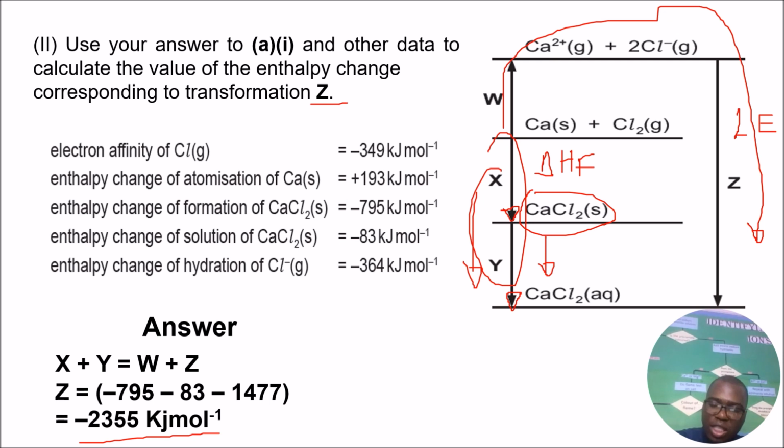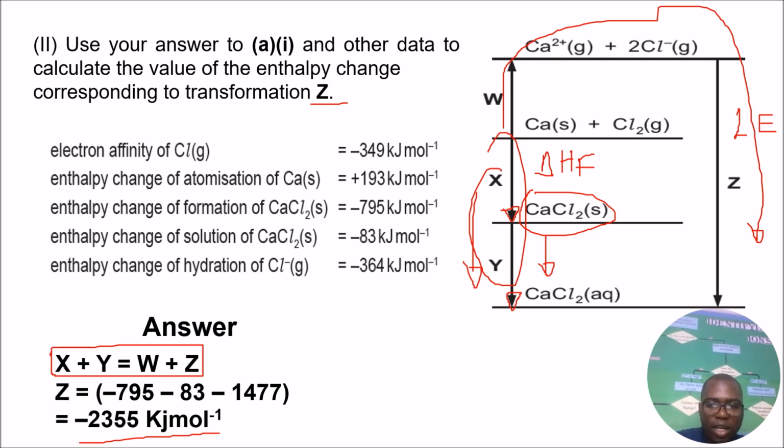But because it was a little bit straightforward, we had to use what we have to get what we want. Just on the concept of the arrows, X and Y are facing in the same direction, so you should add them together. And then W and Z are facing in the same direction, so they should also be added together. So you come up with this initial equation, and since you are finding the value for Z, you can just